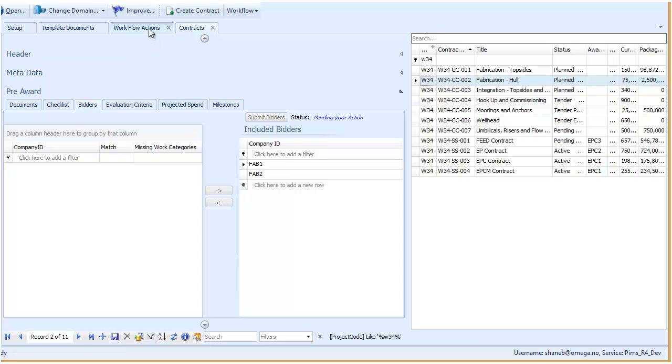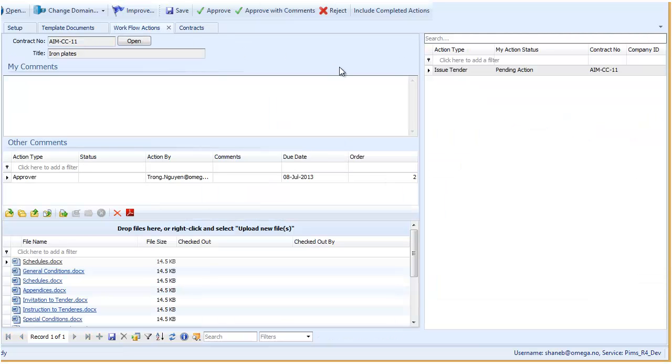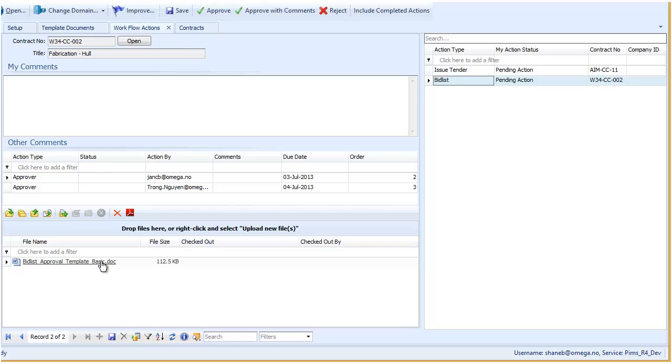If I now go to my workflow actions, I know I've just received an email, but if I refresh my list of workflow actions, here's the bid list approval for our contract. My document is associated with it. I can review the document. If I'm happy, I'll approve it with comments, or reject it. And after I've approved it, I can see that it'll go to Jan and then Trong. So I will approve it. It will disappear from my list of pending actions,